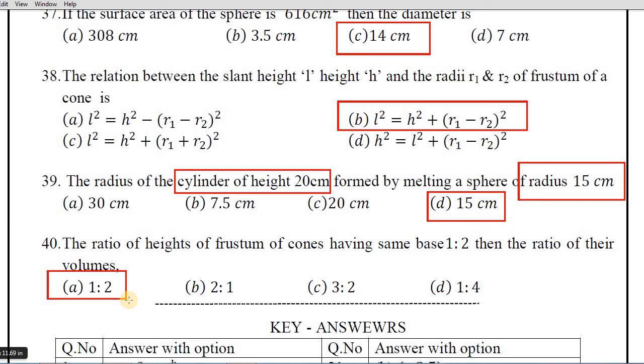Dear students, I hope you have understood the answers of this question paper, and many more sets are there from this district. Let me discuss those answers also in the upcoming classes. The Chamarajanagar district question papers, they have really done in a very good manner, so definitely it helps you. So go through these questions and practice very well. Thank you, children.